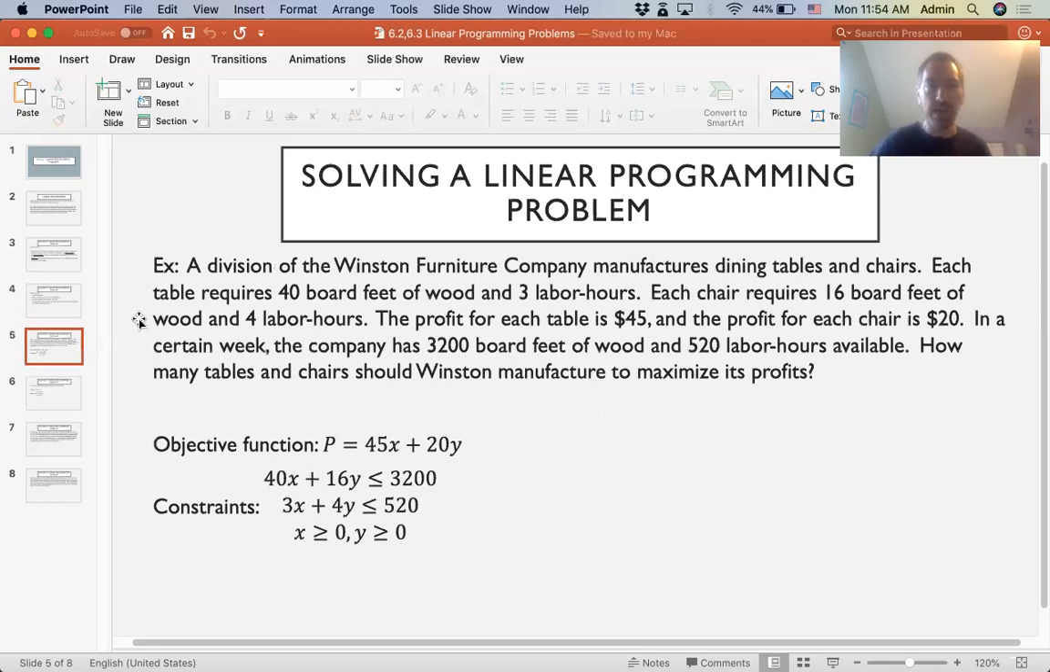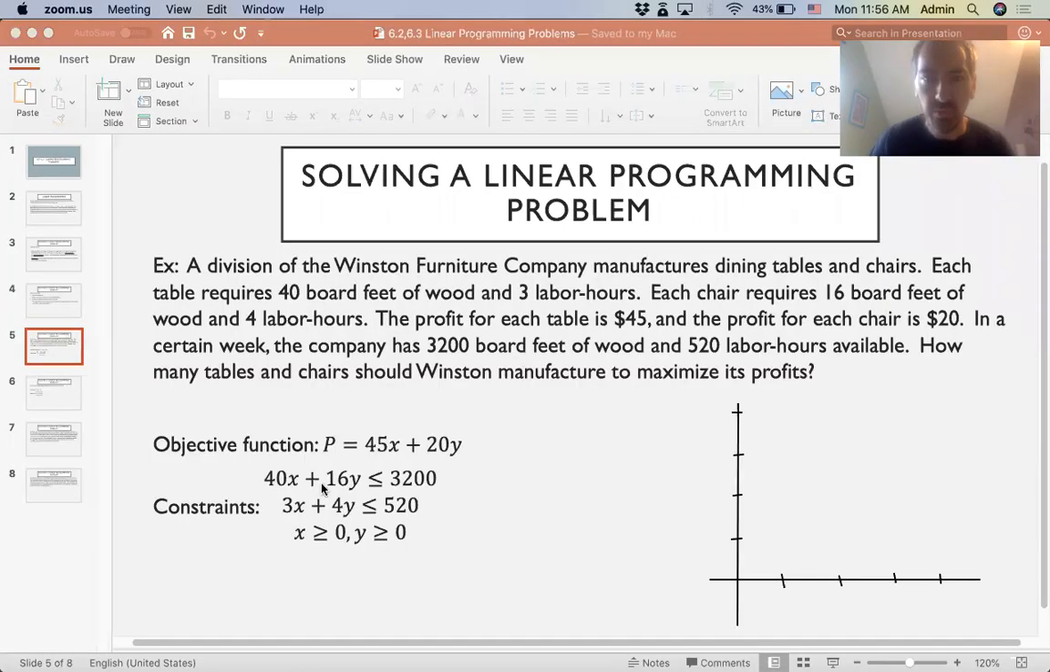All right, so going back to our example that we had at the beginning. We had established the objective function, the profit function, and our constraints. Okay, so now we can graph the linear inequalities to find the feasible set and then find the points of that, the corners of that feasible set. Okay, so starting with the first inequality that was found from the board feet,